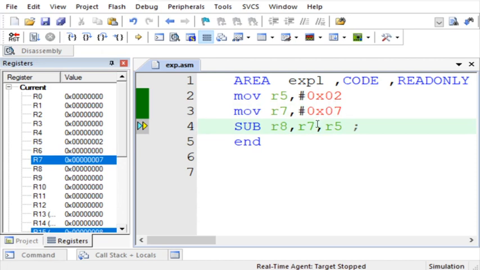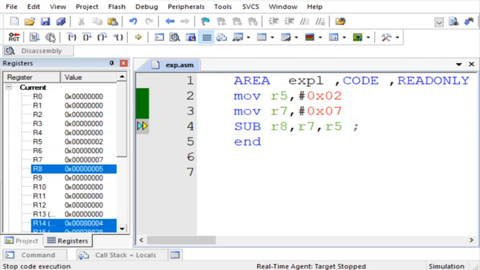So the subtract instruction, this is source 2, right? R5 is source 2, R7 is source 1. So it will subtract, yeah, okay. So in R8 we are getting 5, that is because it is subtracting 2 from 7. So 7 minus